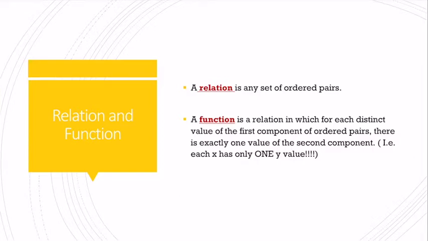So a couple quick definitions. A relation is any set of ordered pairs. Remember, ordered pairs are like (x1, y1). And a function is a relation in which for each distinct value of the first component of the ordered pairs, so the x value, there is exactly one value of the second component, i.e., each x has only one y value. And if this is a weird concept to understand, you are not alone. And that brings me to one of my favorite things,